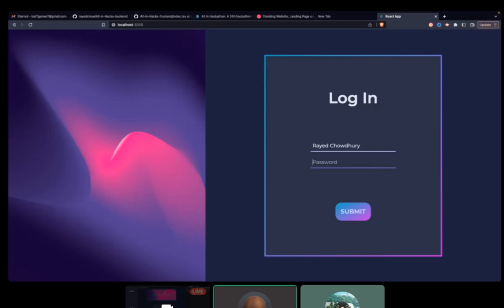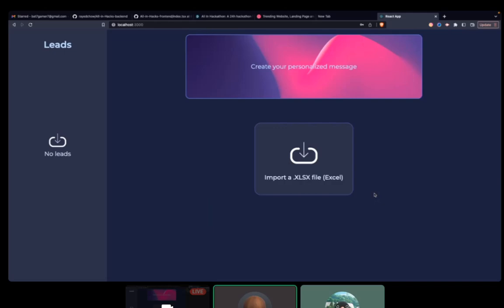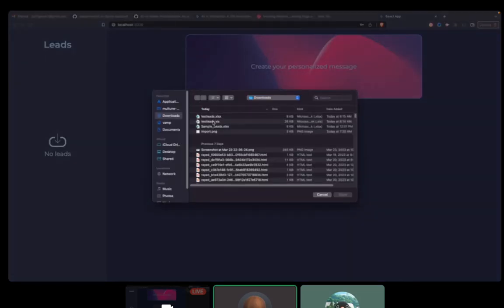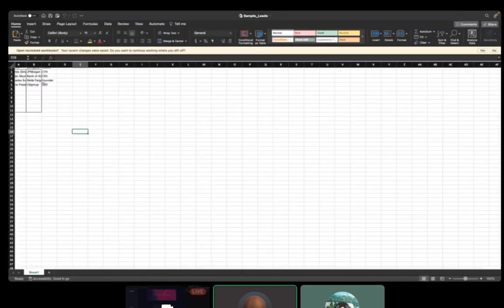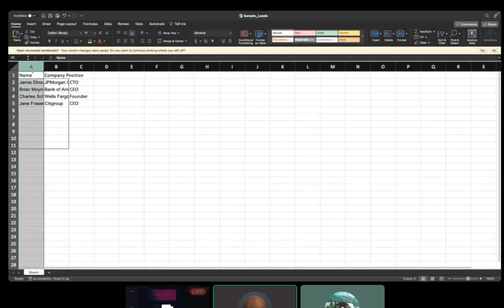So as you can see right here, Raid is logging in to our project, and now he can upload an Excel file with our leads in it. So he's gonna show us the Excel file right now. In the Excel file, we have the name of every lead, the company they work for, and their position